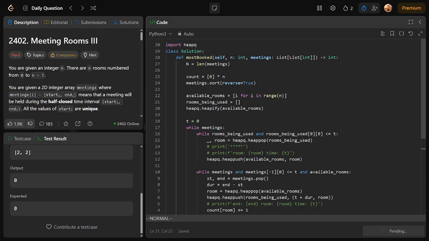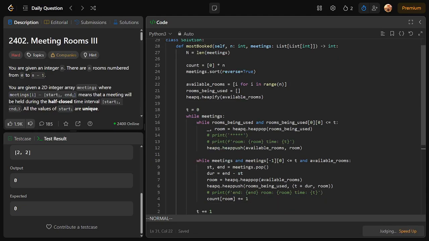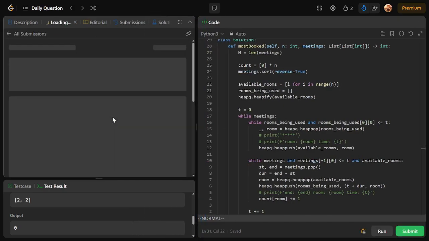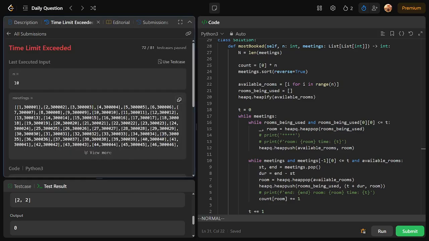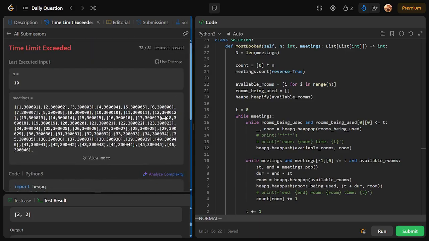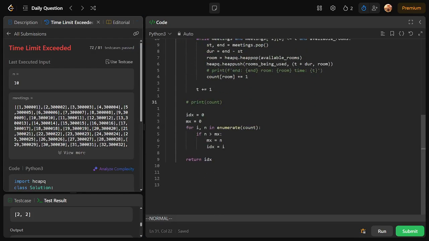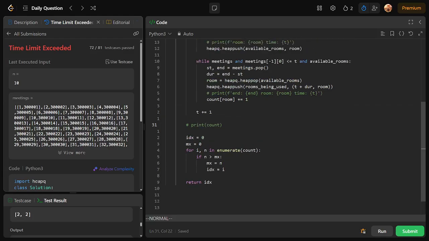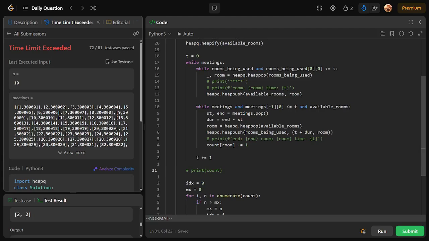Okay, let's try submitting. I don't know if we'll get a TLE either. Okay, time limit exceeded. So if we simulate it just like that, time limit will exceed. Okay, so what we can do is